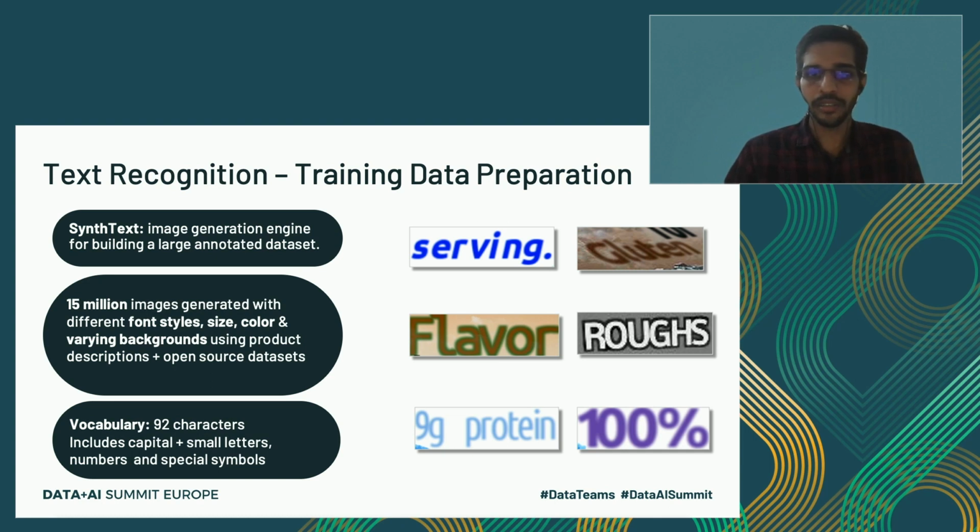The kind of data that is generated all depends on the end task we have. In this case, it was extracting text from product images, so we took titles and descriptions and synthetically created the data. Let's say we are trying to solve a captcha. Then the type of text that goes into creating the training set is totally different. It could be random letters followed by a few numbers, or something with a strike through line. So the kind of data set that we create totally depends on the task at hand. Now I'll talk about the different techniques.